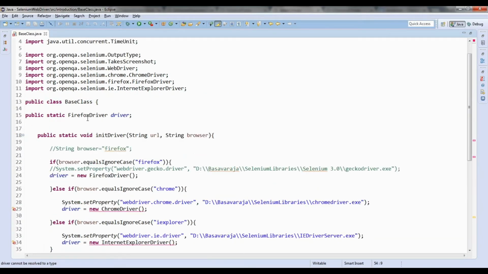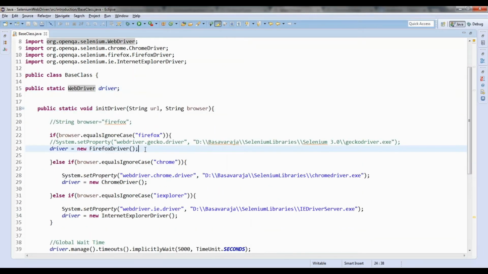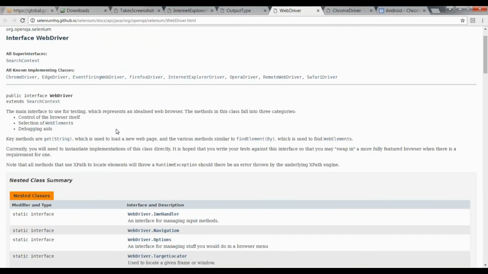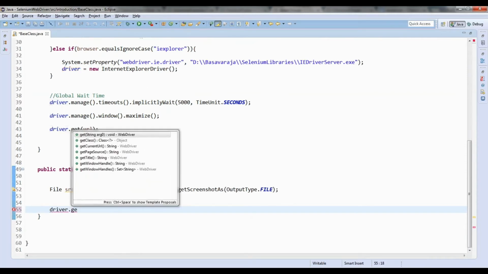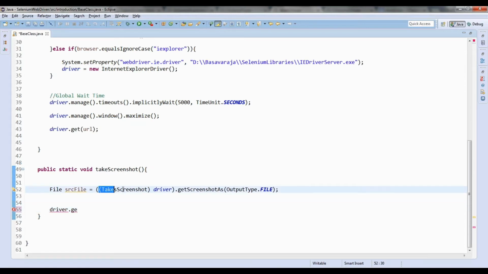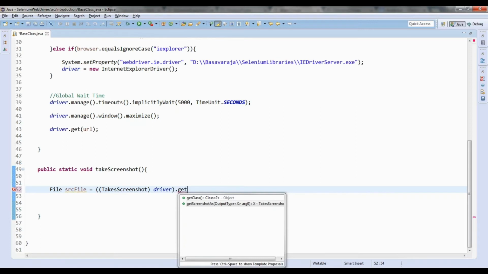So whenever you are creating an object like driver is equal to new Firefox driver, all the methods of WebDriver are accessible, not the methods which are inherited by some other interfaces. That's why if I do driver dot getScreenshotAs, that is not accessible here. That's why I am doing the typecasting of the driver to the TakesScreenshot. I can do that very well. And once I do the typecasting, now you can see dot getScreenshotAs, I am able to access it.